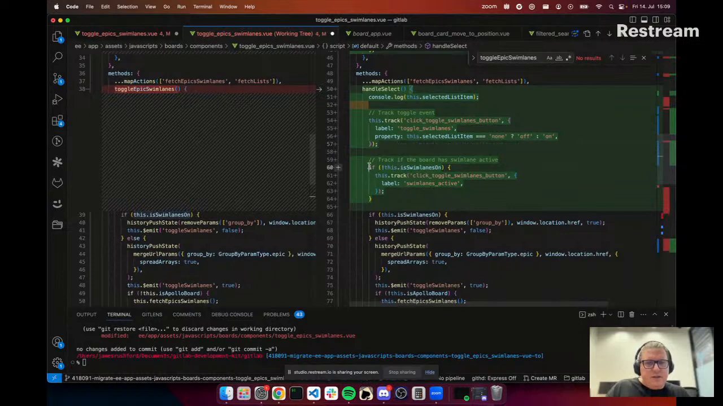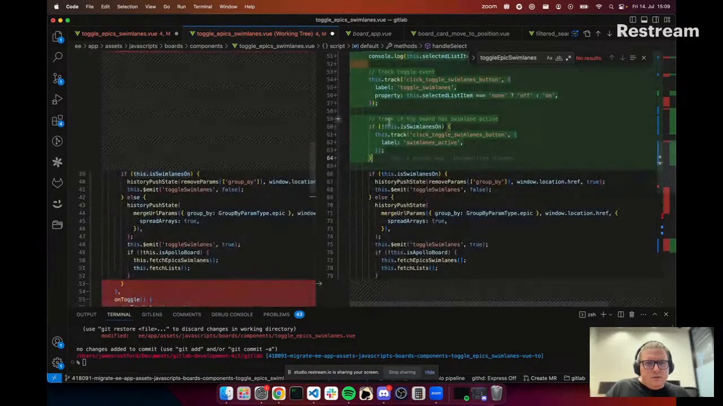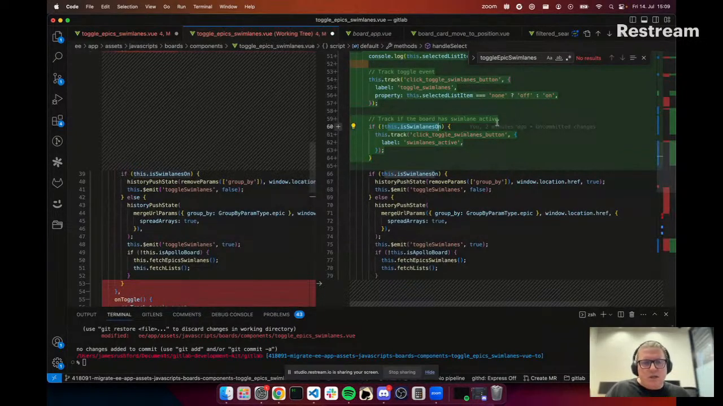Great. And now here's another track. It says click toggle swim lanes button. This was clicked. Okay, fine. Yep. But this is tracked if the board has a swim lane active. Okay, if swim lanes are on, then,